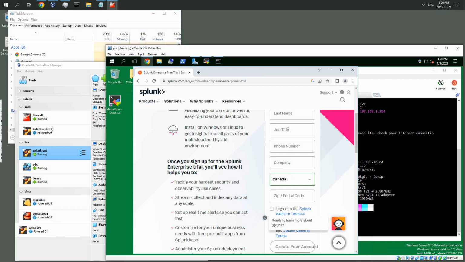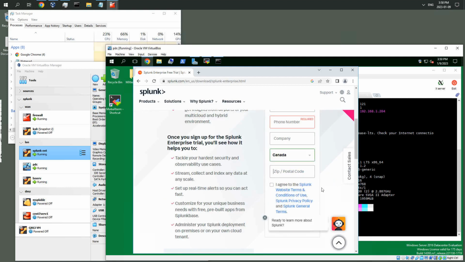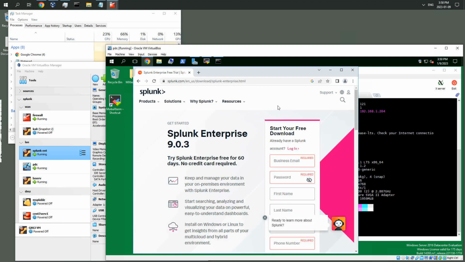You might say IT, students, whatever you want. Put a phone number, company. You might put here, if you want, a different phone number than your own, but I use mine, let's say, and here either your zip or postal code or the one of the school. You might find it in Google very easily, and afterwards I agree. And once you click enter, actually it will prompt you to log in,